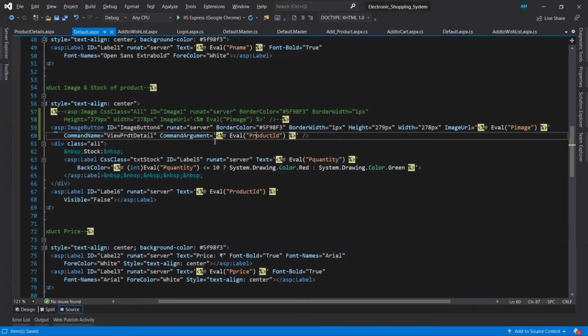So we have seen the design part. Now we want to see the .cs part for this particular default page where the list of products is going to display. So when the image button is clicked, what action should it perform? We want to do that in the .cs page.